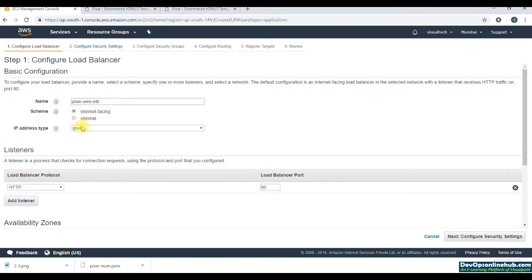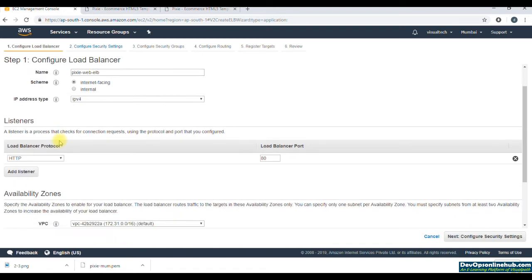And we want a front end internet facing traffic, so we are going to select that scheme. IPv4 we are going to keep as it is. This is the front end port, listener. So we have two protocols, HTTP and HTTPS. Only two options we have in application load balancer, and we can give any port of our choice if we want. If I want, I can give 8080, but that will look little weird